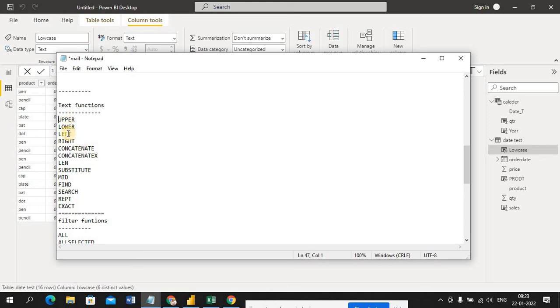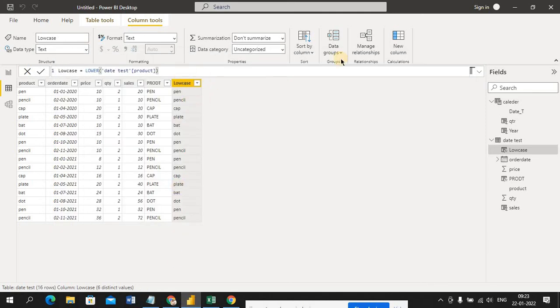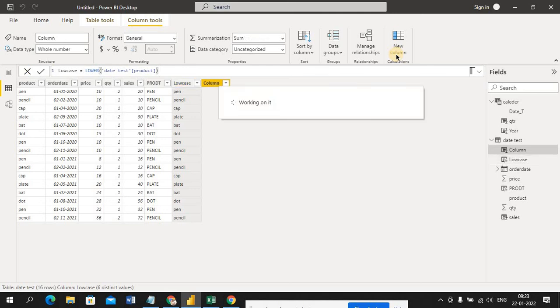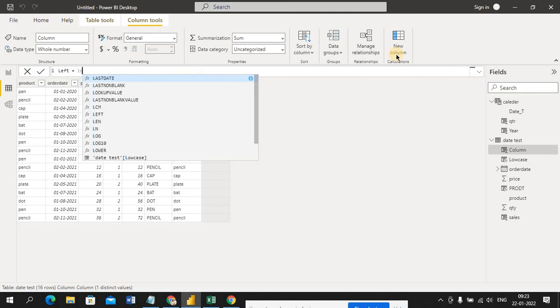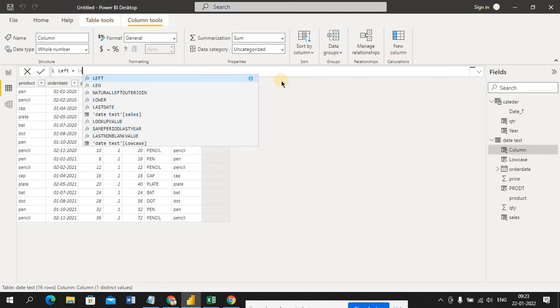So upper, lower, left, right. It will give you a prompt, guys. Again I'm selecting something here. I'm going to use the left function. You just give left and select left.